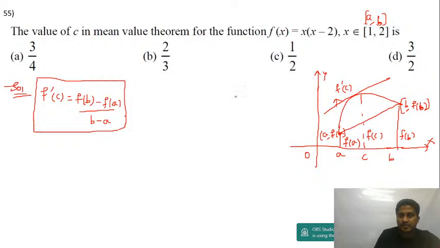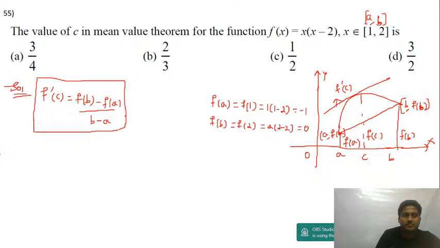Now if I find f of A, that is f of 1, f of 1 will be equal to 1 into 1 minus 2, that's equal to minus 1. And f of B is f of 2, f of 2 is equal to 2 into 2 minus 2, that's equal to 0. Now f of x is equal to x square minus 2x, and if I differentiate this, f dash of x